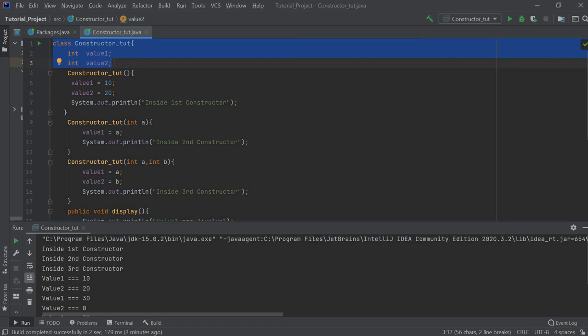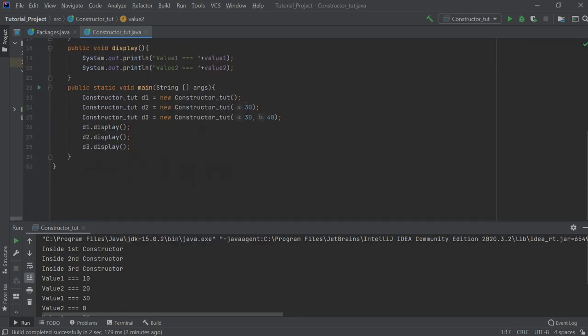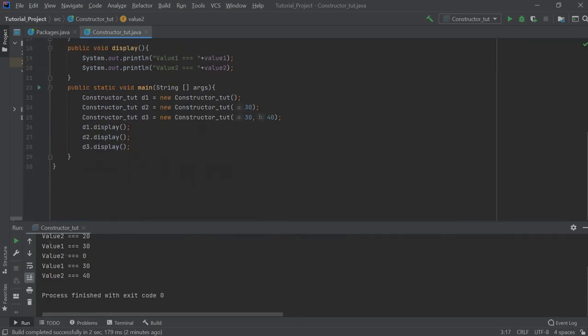Simply the variables are declared, not assigned any value. So only value 1 has the value 30, and the value of value 2 is 0. It takes the default value, which is 0 here.